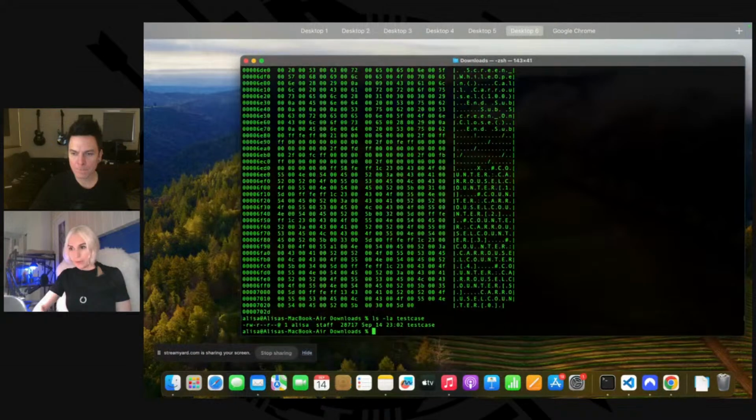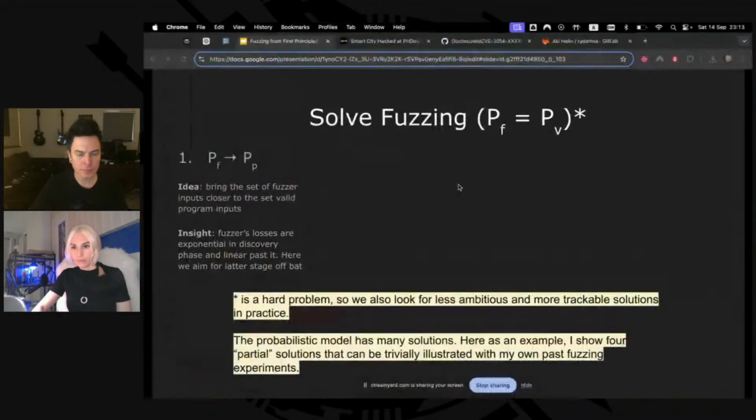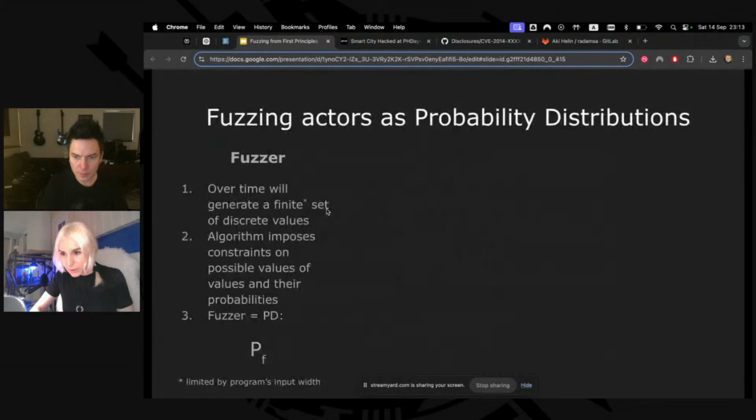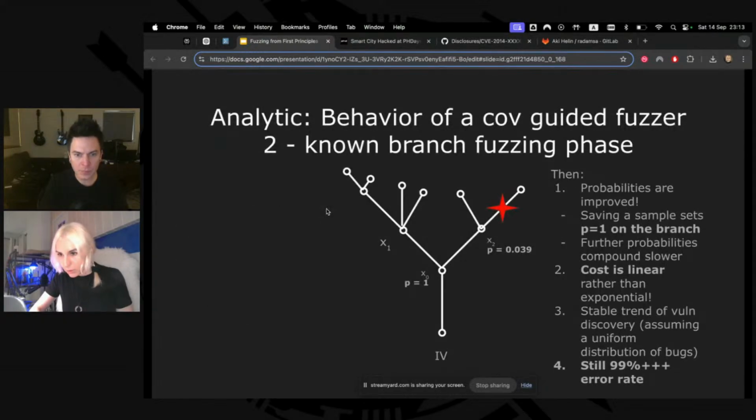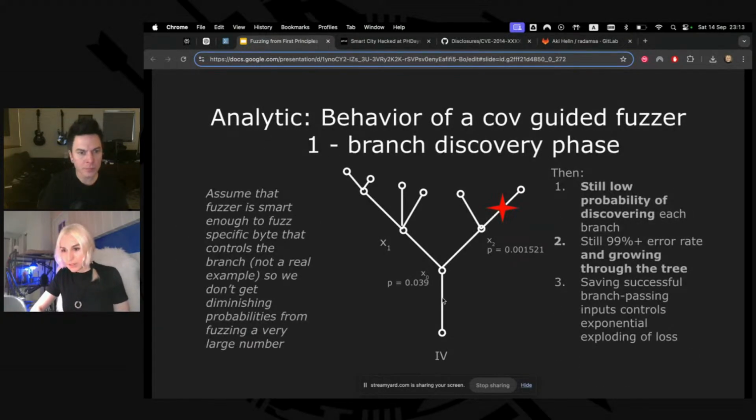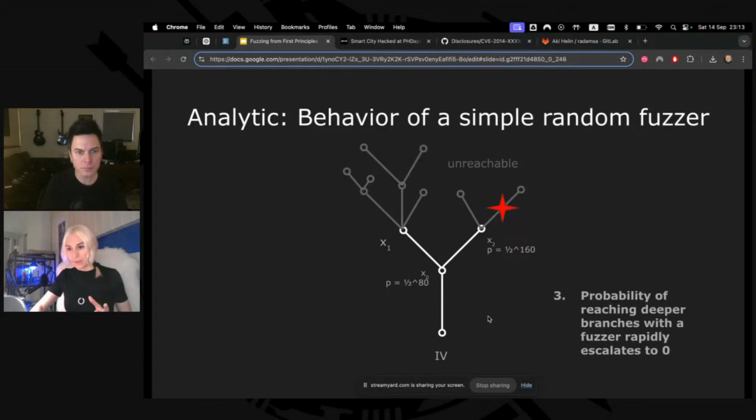Because of this exponential explosion here, as our file gets larger, the fuzzer has to deal with a very huge input space, basically. So looking at this, the probability of hitting a particular branch will be very, very small.